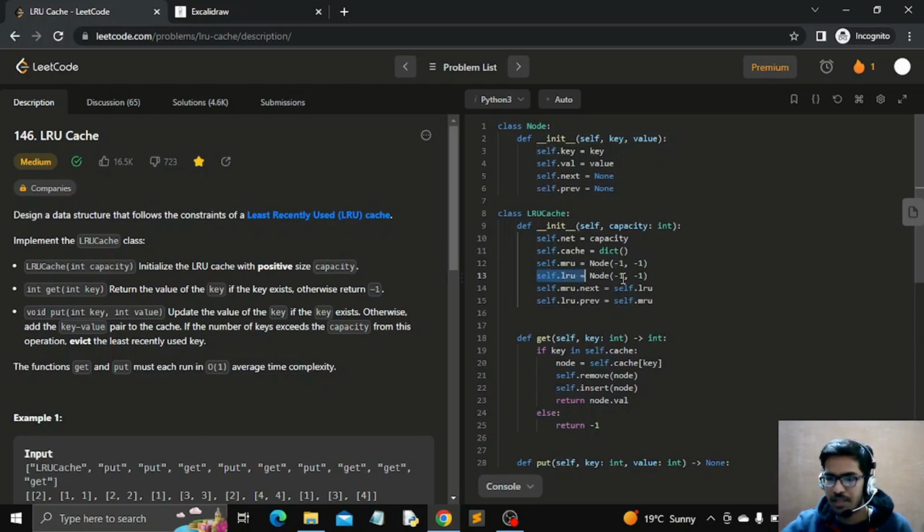Similarly, I have initialized this LRU node, which is again a dummy node with key value -1, -1. And I have made the next of this MRU dummy node point towards the LRU dummy node, and I have made the previous pointer of the LRU dummy node point towards the MRU dummy node. After this,